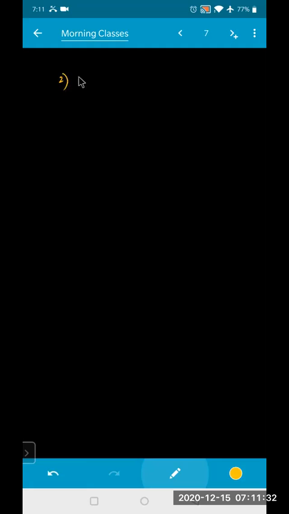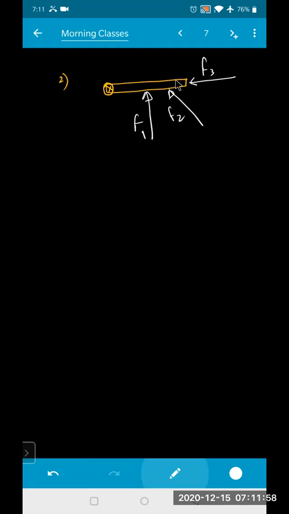Here is a rod which is rotating, and here is your fixed axis; it rotates about this. I'm applying forces on this body. One force I'm applying in this direction, and another force like this. This is F1, one force acting on this body. This one is, for example, F2. This one is F3. One force is passing through this point; this is your F4.